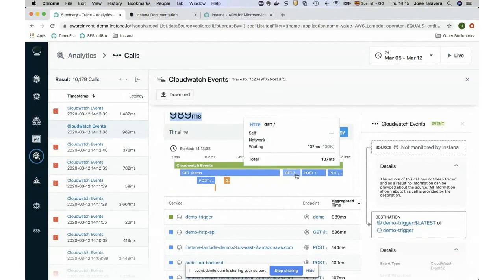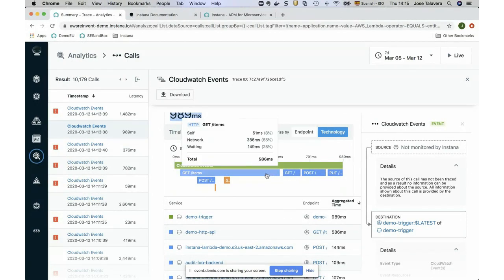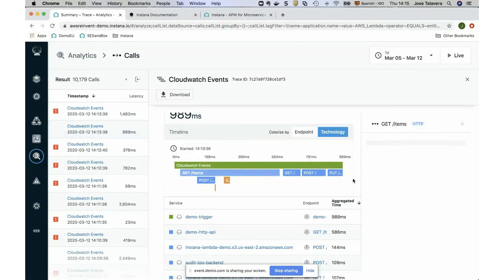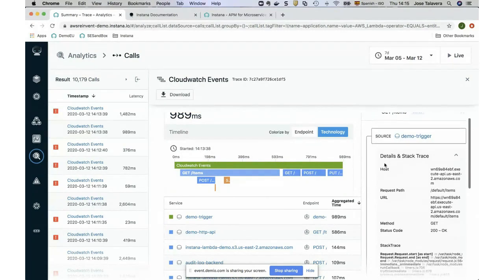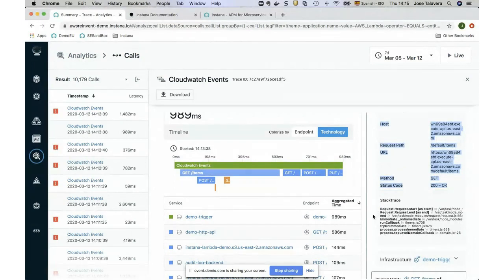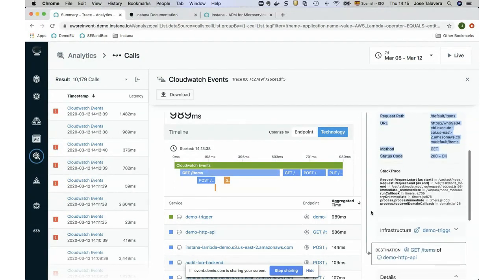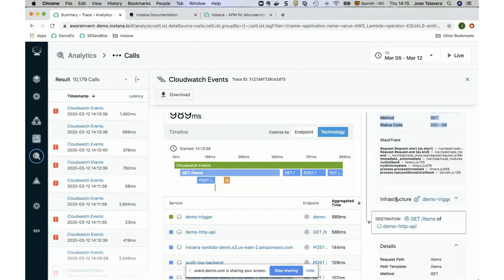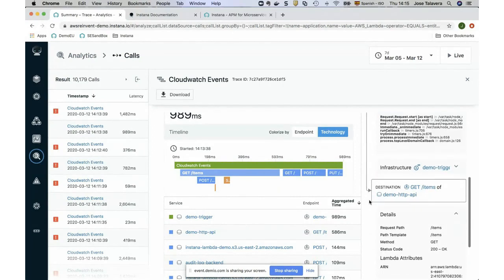and we see different calls. In blue you will see the HTTP calls, right? So right now, if we click on one of these calls, we'll get exactly, okay, the demo trigger, which is the Lambda function we were looking at before. We see all the different HTTP parameters, the stack trace as well in here, so you can look at the code, but also the infrastructure. Okay, so you can see exactly what Lambda function has triggered that call,